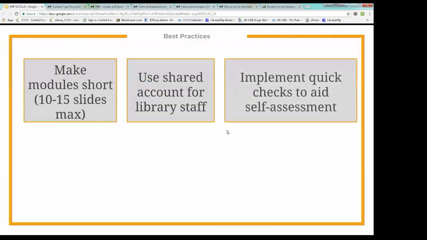Implement those quick checks to aid self-assessment again. Oh, yeah, no, for ours, you'll have to download and upload them because these are live. The ones that I'm showing you are actually live in all our courses right now, and we can't take the chance that someone will change something or delete something and not realize that they're in our live one. So for ours, yes, please just download them and then re-upload them to your own account. That's a great question. Thank you.